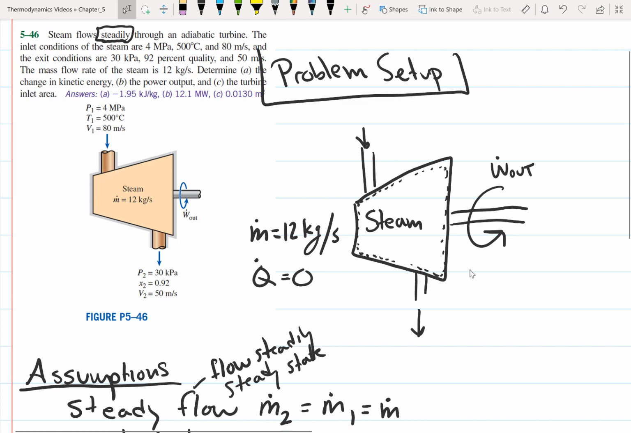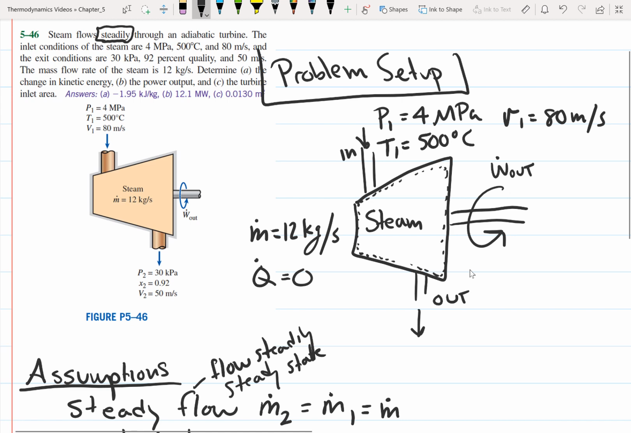Alright, now it says that, so now it's giving us the inlet conditions. This is our inlet, this is our outlet. So at the inlet, it says that the pressure is 4 megapascals. The temperature is 500 degrees Celsius. And it tells us that the velocity of the fluid is 80 meters per second. And then it gives us the exit conditions. So at the exit, the pressure is 30 kilopascals. And then it gives us a quality,